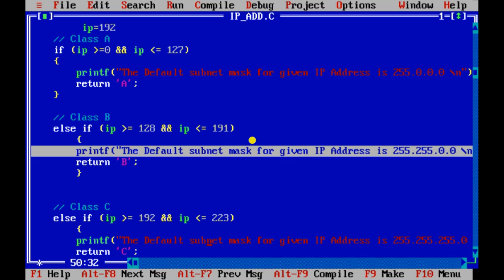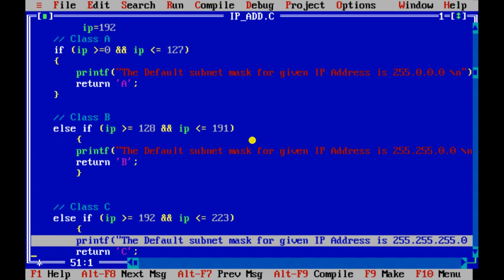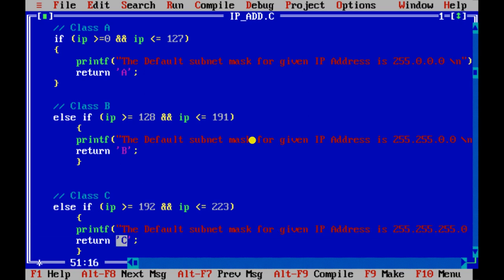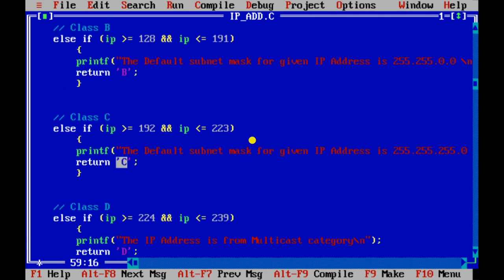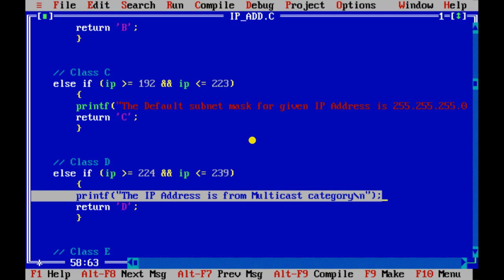If it is, then print the default mask as 255.255.255.0 and return the character value C back to the main. Similarly you can do it for class D and E as well. All of you know the range of class D is 224 to 239. If it is there, then as you know there is no masking concept in class D, you can simply print that the given IP address belongs to the multicast category and return the character D to